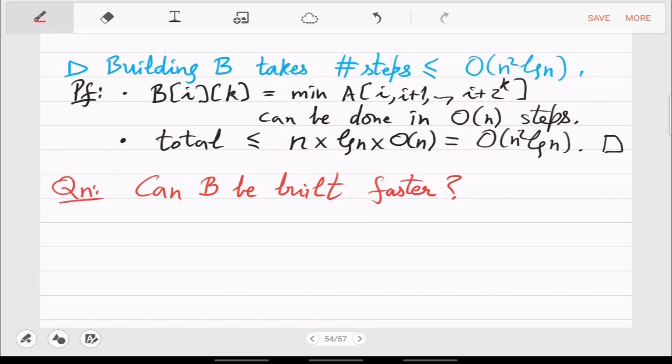Right, which means that you have to come up with this collaboration technique to build B itself, because you have to somehow find a relationship between the I comma k entry value in the matrix with the earlier ones. So is there a relationship? Because if there is no relationship, if every I comma k answer is different, then you have to spend n square log n time, then there is no way. Right? So how do you verify that? Is there a relationship or not? Or is everything independent?